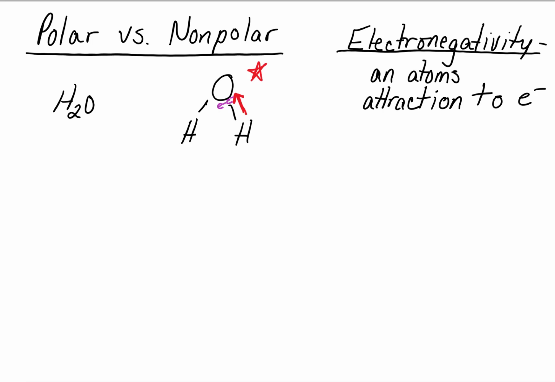that oxygen atom. Now, we also have another oxygen-hydrogen bond here in the water molecule, and this other bond has the same concept. We're going to see that oxygen has a higher electronegativity than hydrogen, which means it's going to have a stronger pull, attraction to those shared electrons, which is represented by the red arrow. Again, I'm going to place those shared electrons, hopefully we can see that that's an E, closer to that oxygen atom, denoting it has a stronger